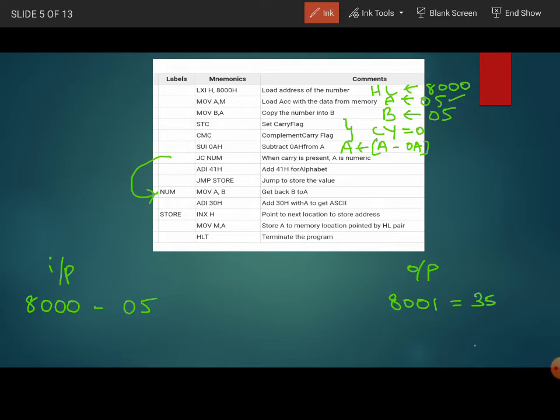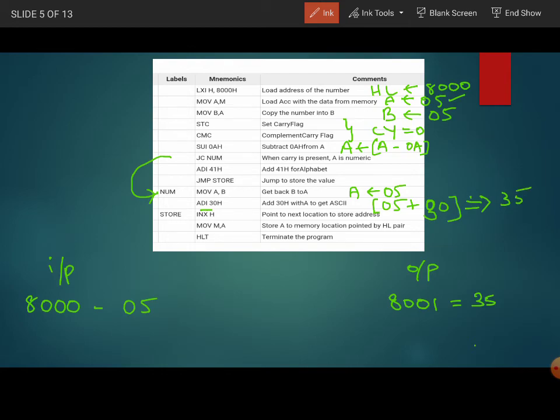Here we have already seen that if it is a number, then we take the copy of the input value from the B register to the A register, and then simply add 30 to it. B already has 05, so from B we have copied it to A. So now A will have 05, and ADI 30H adds the immediate value 30 to the content of the accumulator.